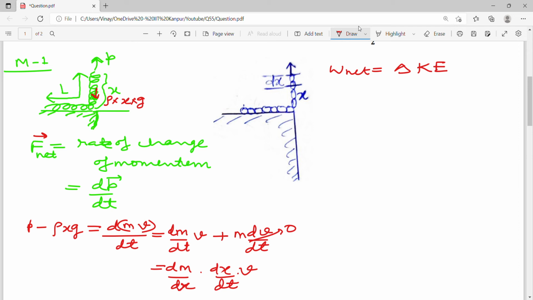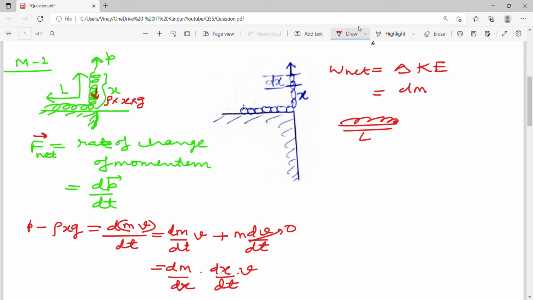So tell me one thing, the change in kinetic energy is the final minus the initial kinetic energy, right? Initially this whole chain is on the table. If you roughly draw it, the whole chain is just here, this is the L length, so the initial kinetic energy is going to be what? Nothing, just zero. And the final kinetic energy would be, let's say, the mass you have lifted, dm,